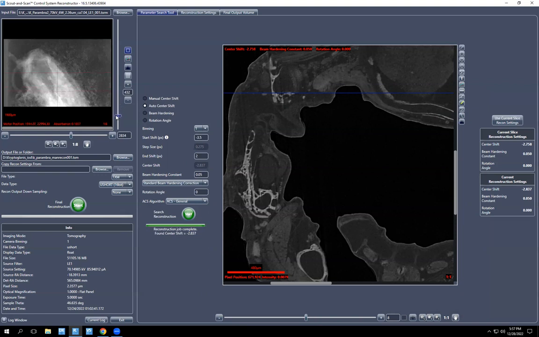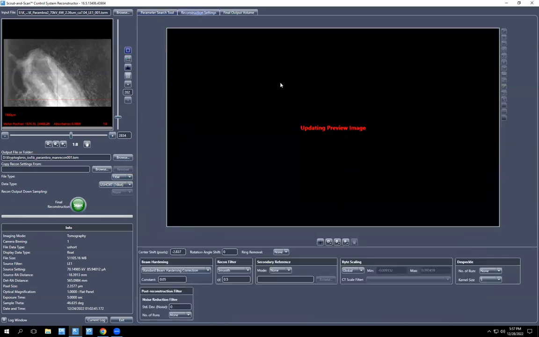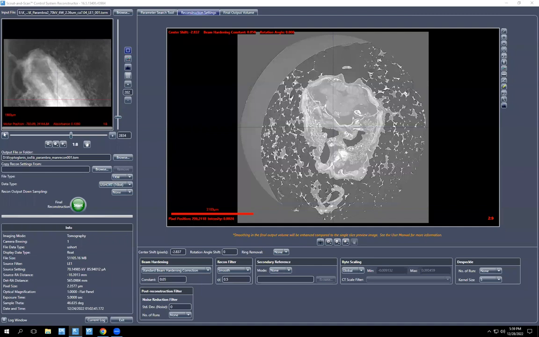So the otoliths are there, at least one of them. And then we go over here to reconstruction settings. And this will take a little bit of time to update, and it should show you the slice that you've chosen with this line. But if it doesn't, you just have to drag it again. Sometimes it just shows you the middle automatically. All right, so this has popped up and we can zoom in, find our otolith,